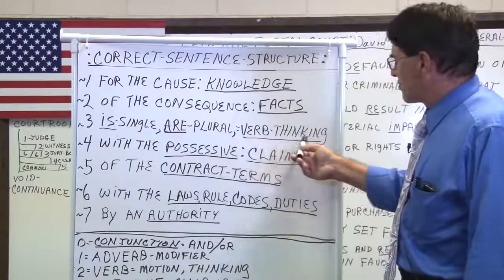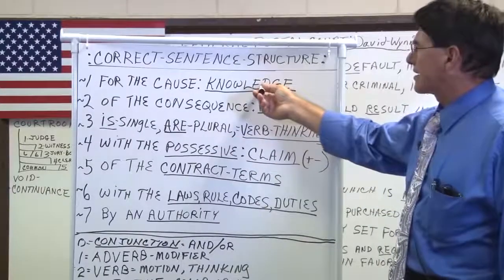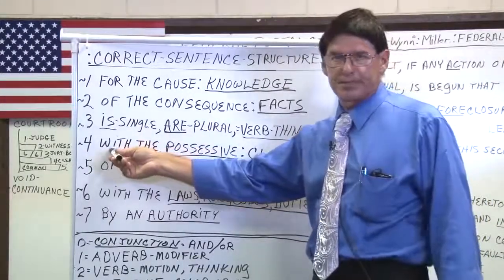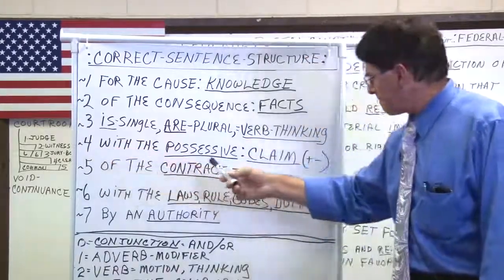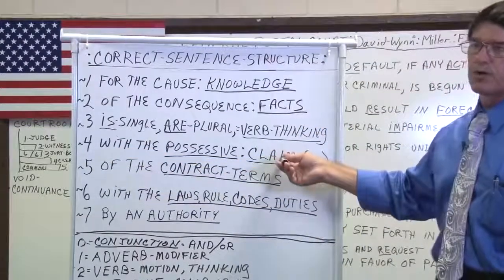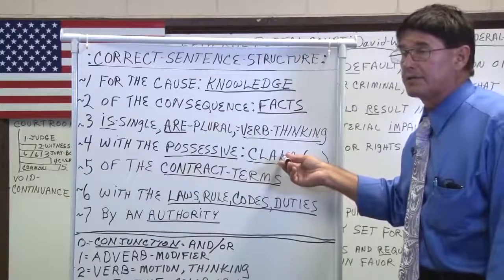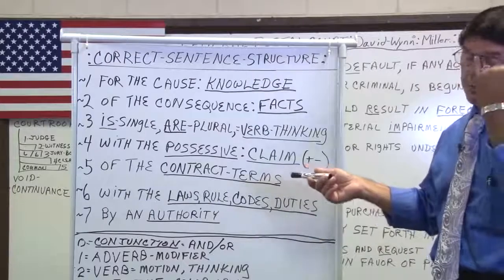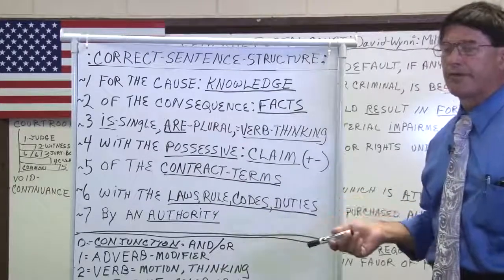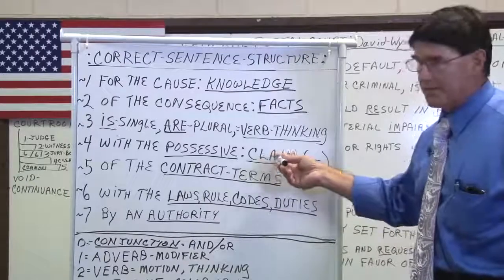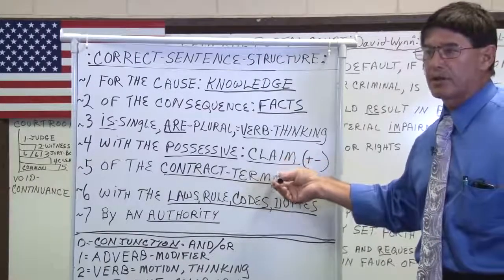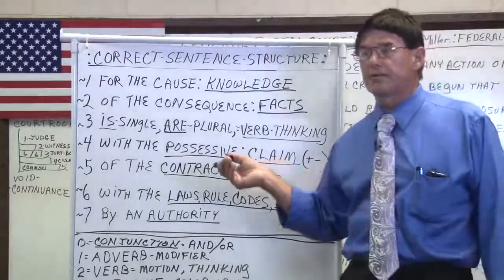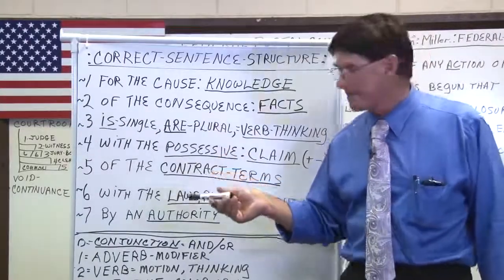Now, after you establish your thinking capacity to move the fact backed up by the knowledge, you have to create a possessive. With is your position of a possessive. And the possessive is used, we use the word claim because gold miners filed claims. They didn't file mortgages. They didn't ask for permission. When they discovered gold, which starts with the word AU, they have an authority. And so they filed gold claims. Then they had to make a decision on to what the claim is. Is it a positive claim or a negative claim? Did they have a damage, which is negative, or did they have an equity, which is positive?